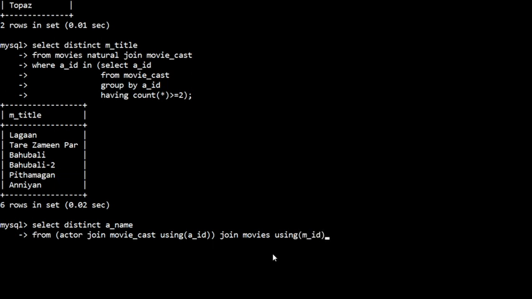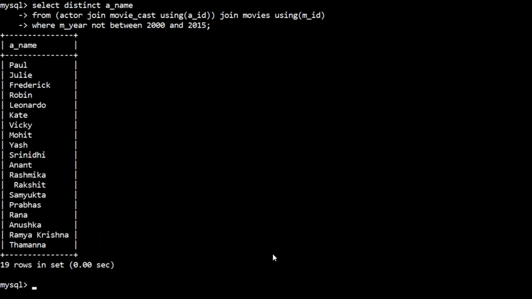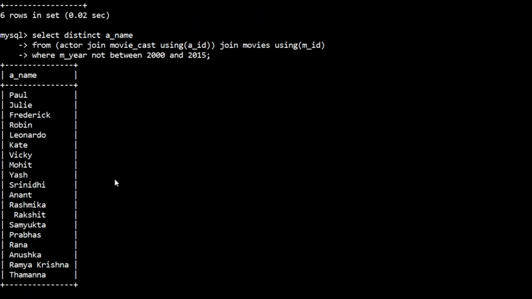And again we'll take the join with movies, and here we'll take movie id as the joining attribute. The condition is where the year must not be between 2000 and 2015. So we'll use not between 2000 and 2015. These are the actors who have acted in a movie released before 2000 and after 2015.